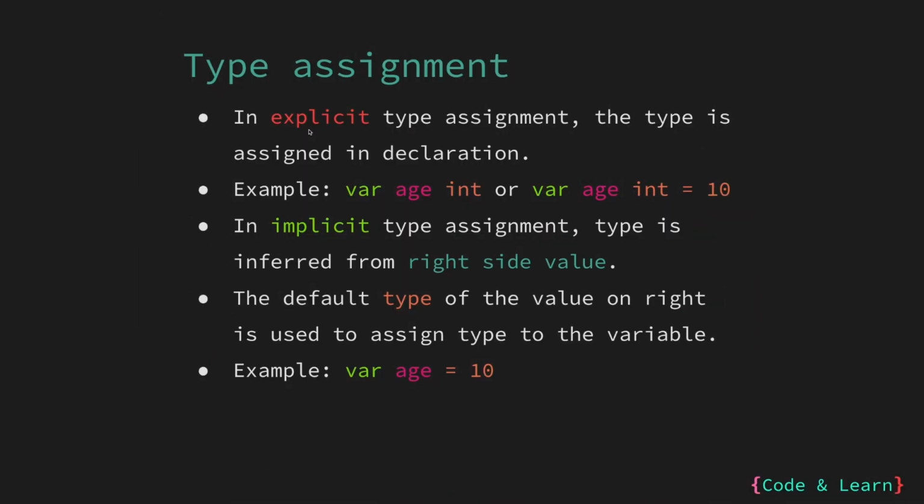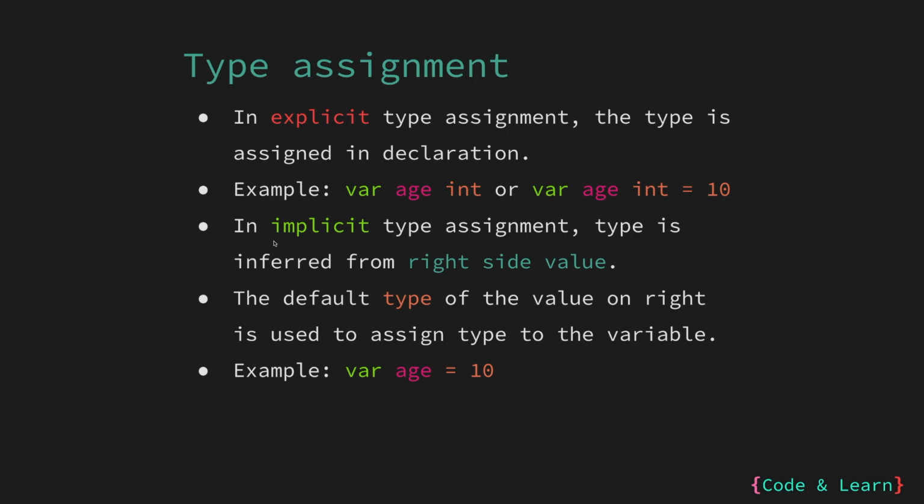As the name suggests, for explicit type assignment, the type is assigned in the variable declaration. For example, var age int, where we are telling the compiler that variable age is of type int or integer. The age variable will be initialized with the zero value for integer or numeric type, which is 0. Similarly, we can also write var age int = 10. Here we are telling the compiler that the variable age is of type int and we are initializing it with